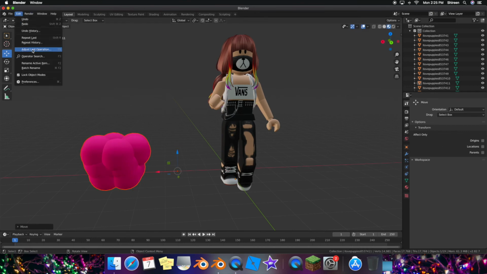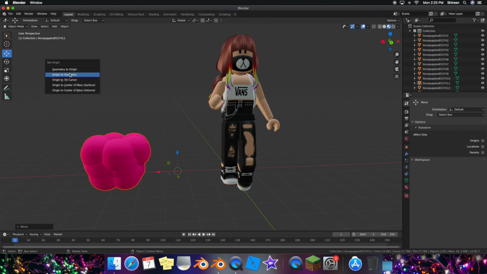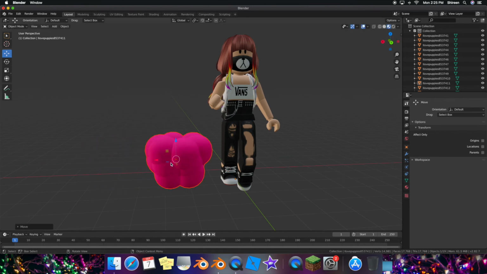You're going to search in Origin, set Origin, then you're going to change it from Origin to Geometry. Once you've done that, you can move your item, and then to make it smaller, like I said before, you can go up here and you can go to,